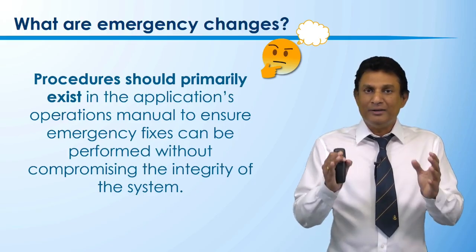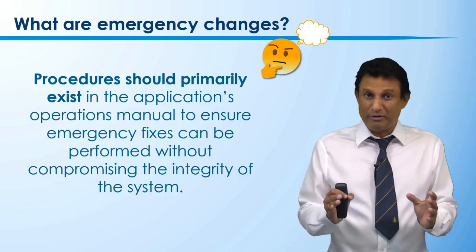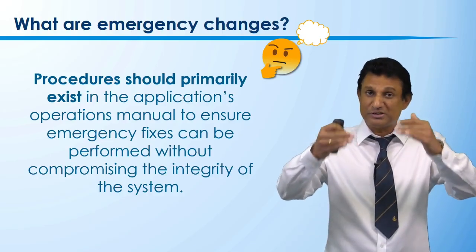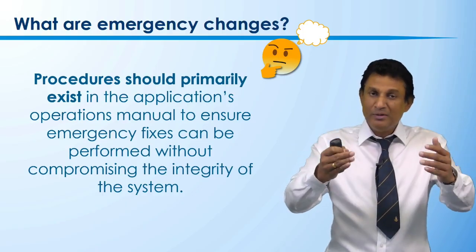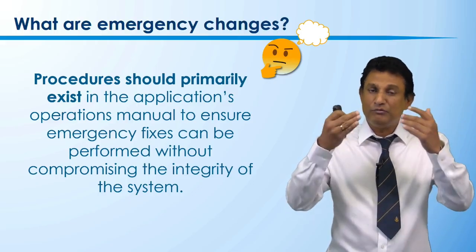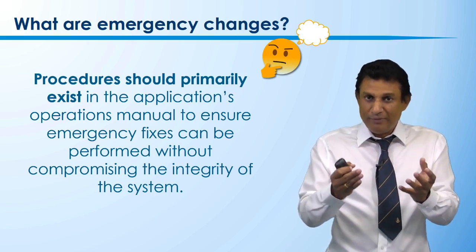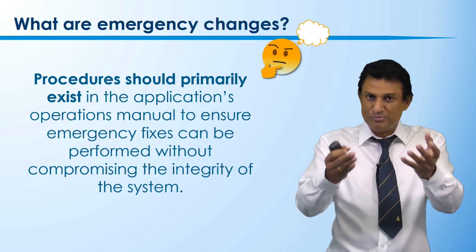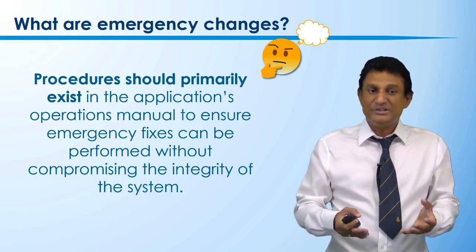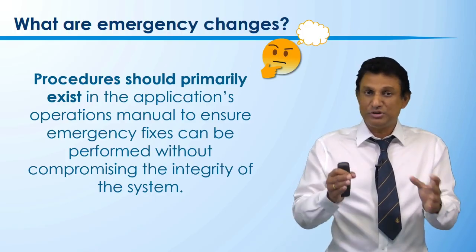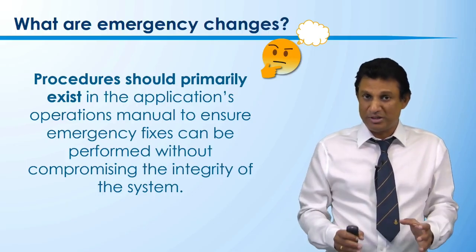That means every organization should already have procedures in place. Remember, policies and procedures come from the senior management, as we discussed before. So senior management should think beforehand about this kind of emergency and how they are going to react to it. They should come up with the procedure, and when the emergency comes, they simply execute it. But whatever change we make, we must make sure we do not compromise the integrity of the system. That's very important as well.